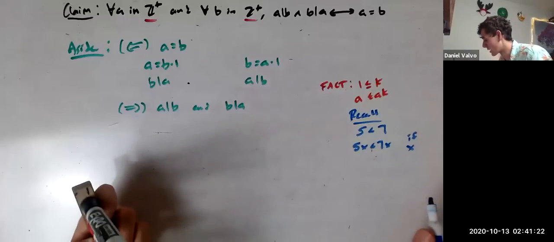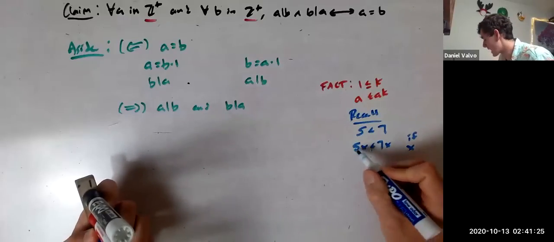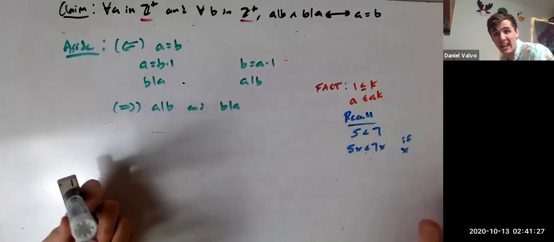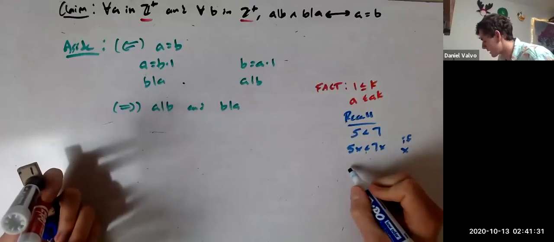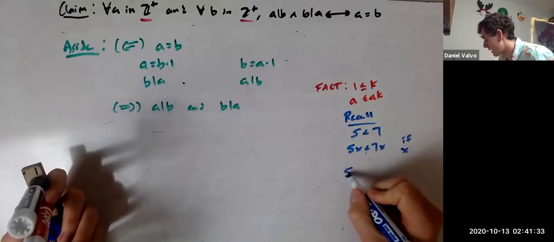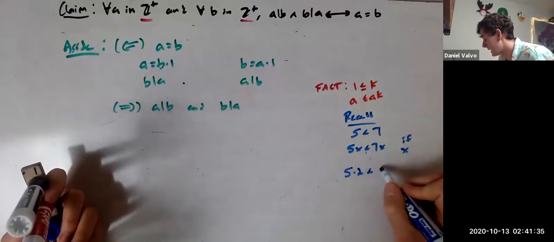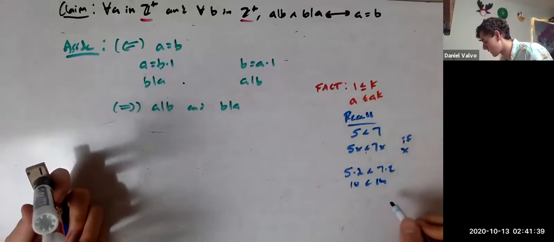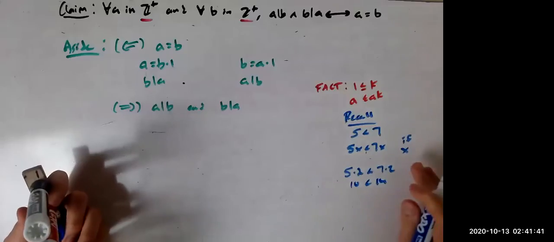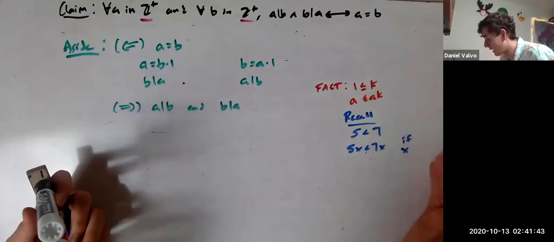For example, right? These are some inequality algebra rules. If x was 2, this makes sense, right? 5 is less than 7, and 5 times 2 is less than 7 times 2. That's saying that 10 is less than 14, which checks out. Is it when it's positive? When it's positive, exactly. Because if you start multiplying by a negative number,